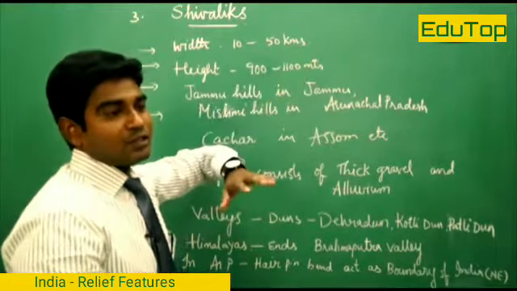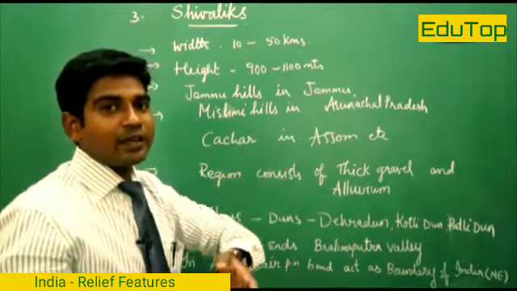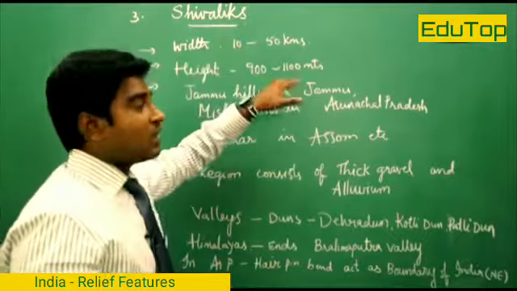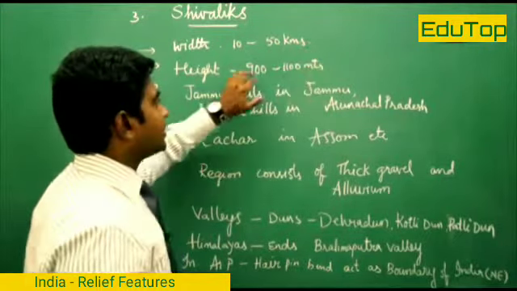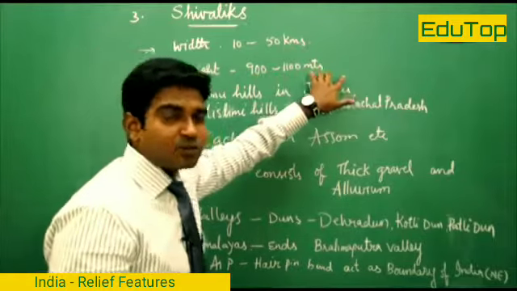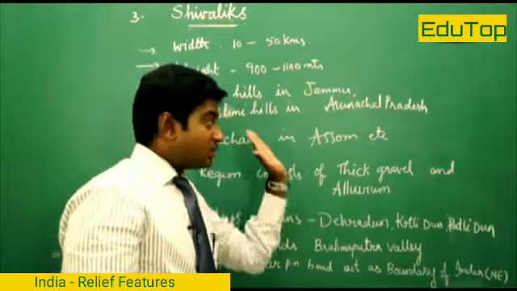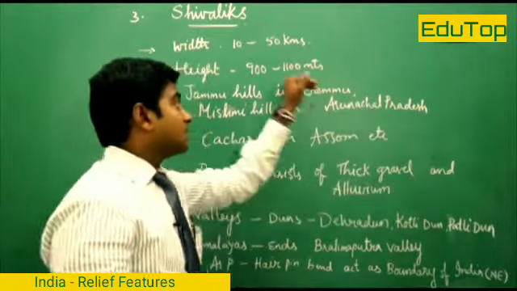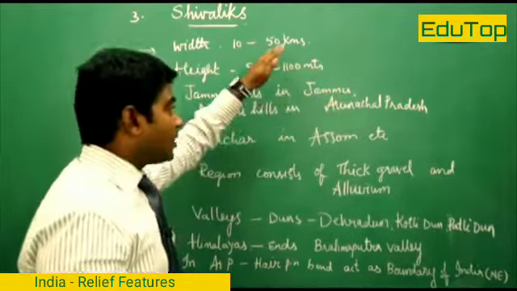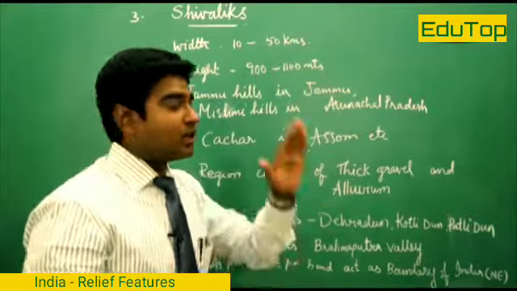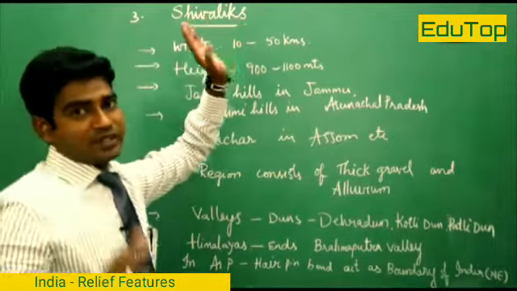In some areas it's very less because the land was completely converted into plain land, or Gangetic plain land, because of the flow of the perennial rivers, and in some regions it is up to 50 kilometers, and the height is just 900 to 1100 meters. When it comes to the first range, it is 6100 meters, the second range is 3700 to 4500, the third range is 900 to 1100 meters. You can understand the clarity that we are moving down from higher to lower, then we will come to the normal elevations.